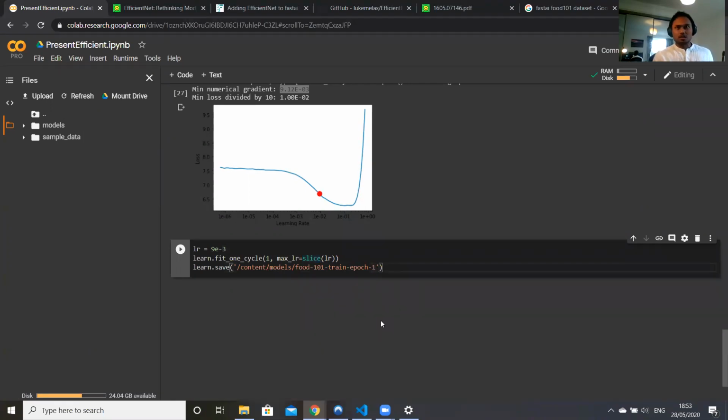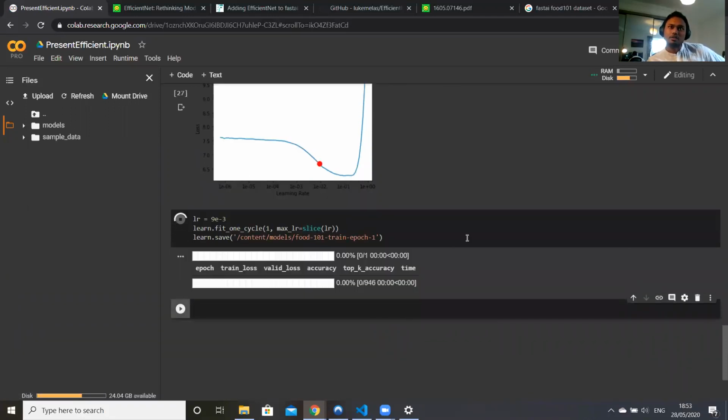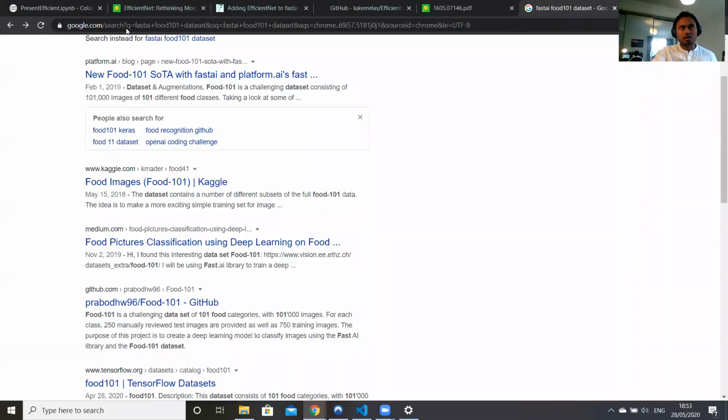Cool. Okay, so our .pth file should go, and we should train our EfficientNet now. Yep. And it should train under 10 minutes. All right. It will take around 10 minutes from here. So in the meantime, I can show you the